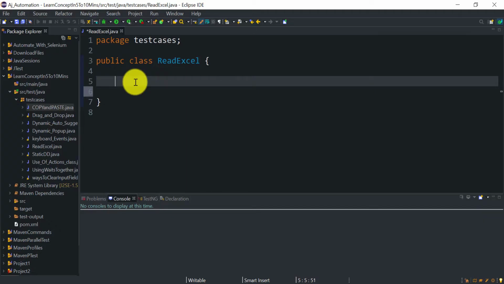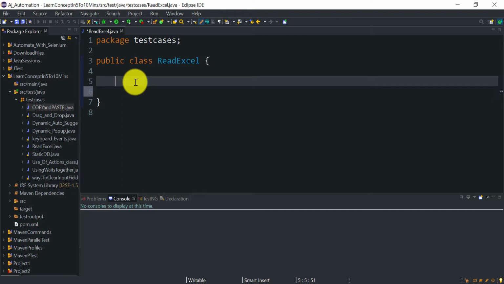Here we will create a generic method to read the Excel, that you can directly use in your project. This will also help you in interviews, because nowadays people ask how you read the data, can you write that code? I am going to show you a very simple code that is very easy to remember. We will create a generic method by which you can read the cell data from the